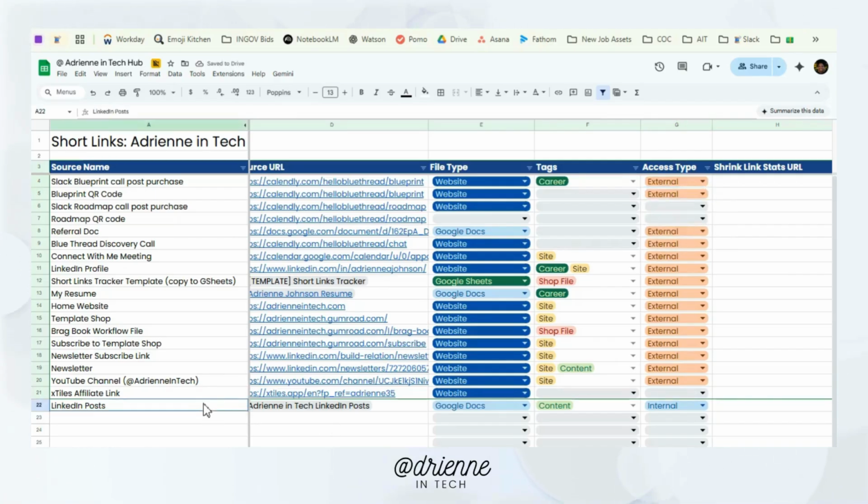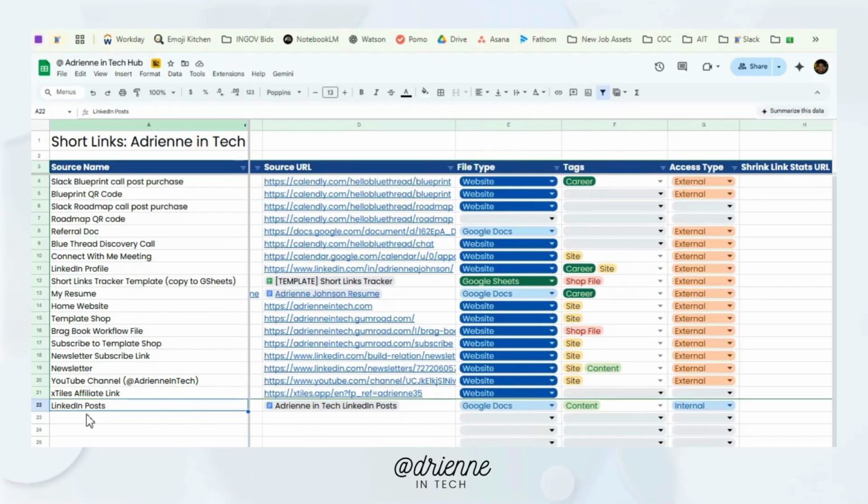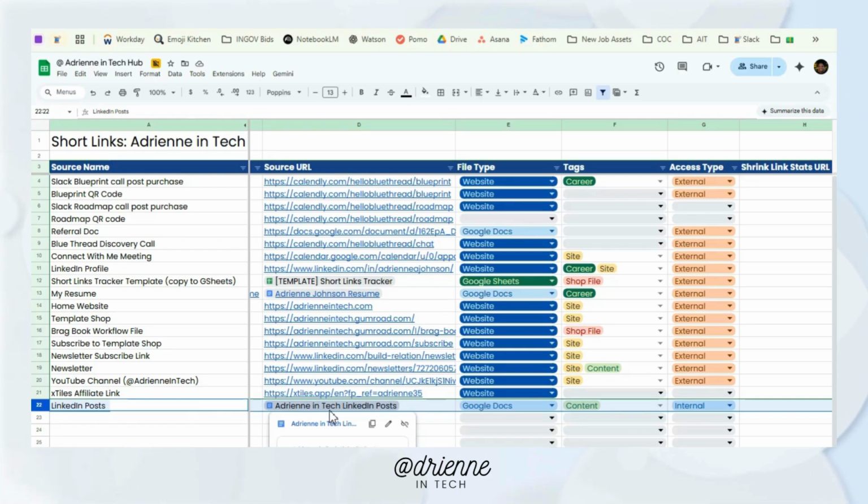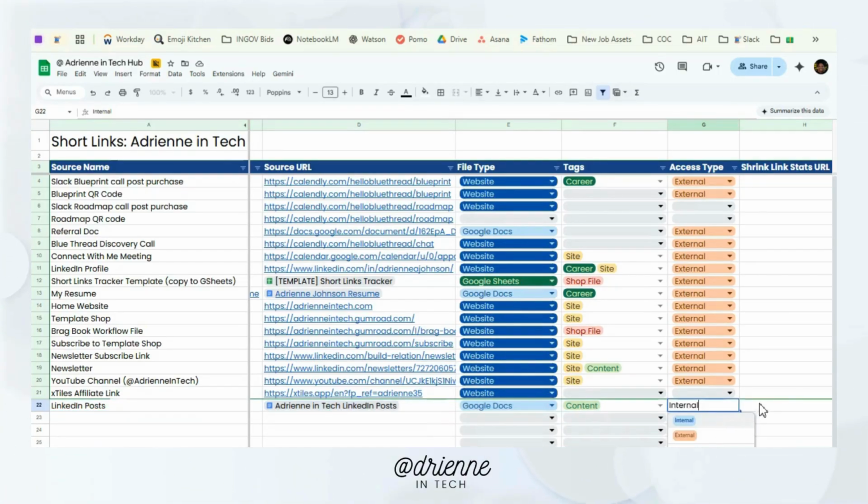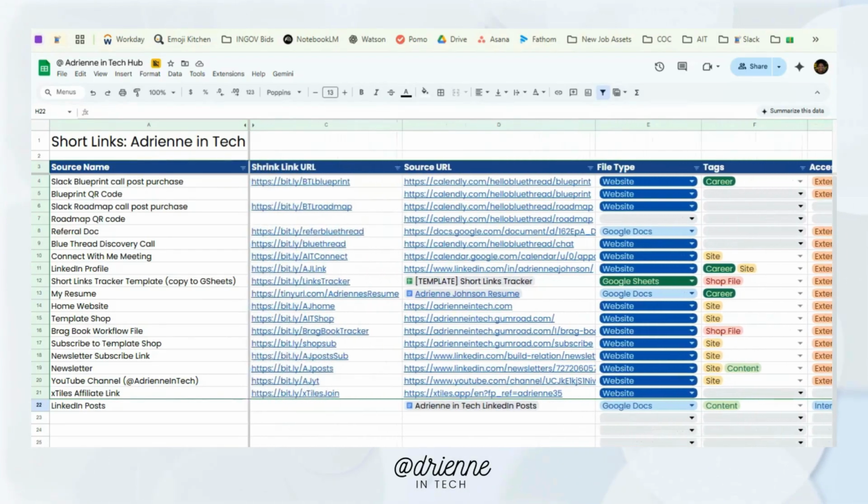For example, this one right here is a doc. Let me scroll over just a tad. So this particular short link, it's actually connected to a doc, right? Which is where I've kept all of my LinkedIn posts. And I kept them internally because I wanted to make sure to keep track of that content. So I had it here, it's in content, and then it's actually internal. So that means that no matter what this link is, this bit.ly, whoever has access to it would need to have access to, which I did not create for this because it's already linked here. But if I wanted to create a bit.ly for this, then only the people who have access to this document would have access to this link, okay?